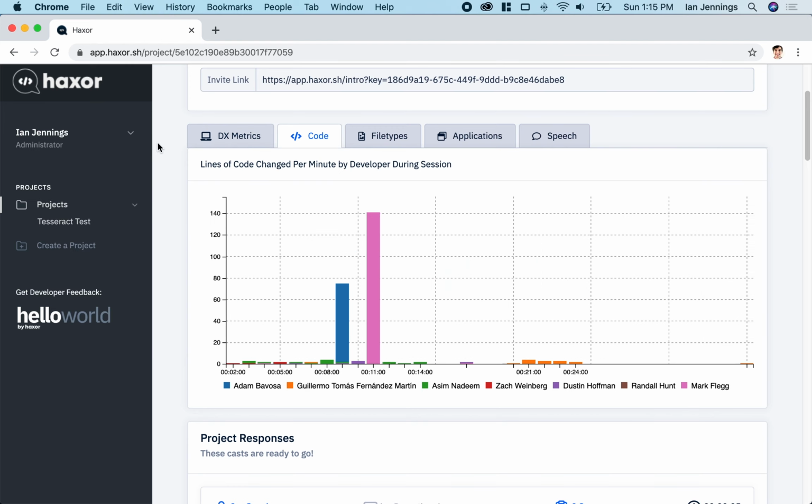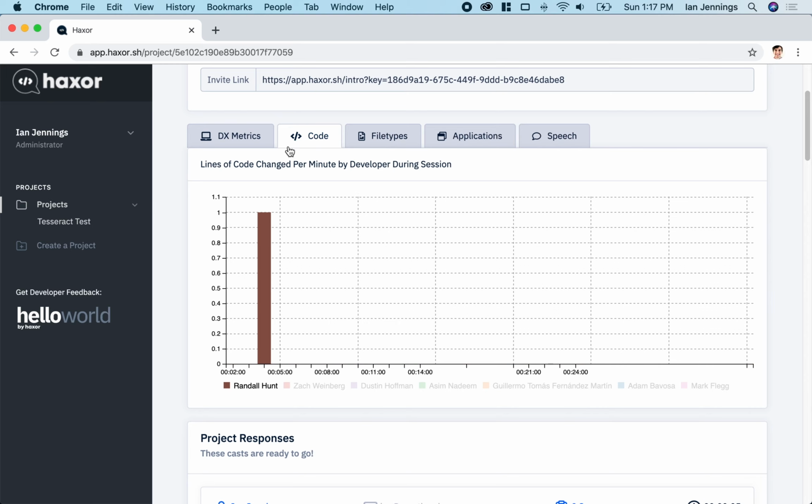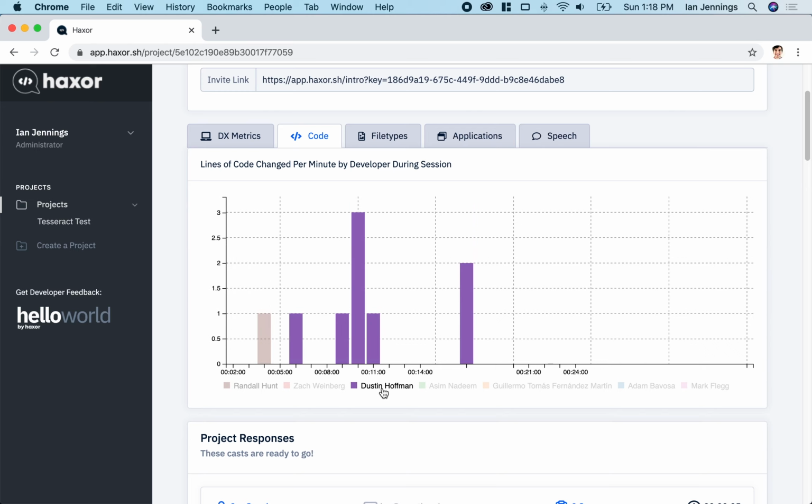Next, we have developer pathing. This shows us what developers spent their time on during the task. And this specific chart shows us how many lines of code have been changed over time during the session. For simplicity's sake, I've isolated Randall here. We can see Randall writes 1 line of code at about 4 minutes in, and that's all he does for his session. But if we take a look at Dustin